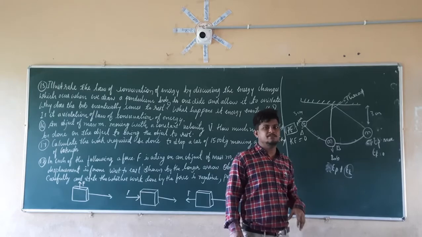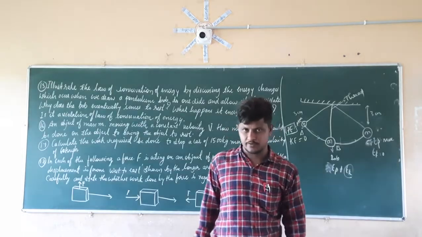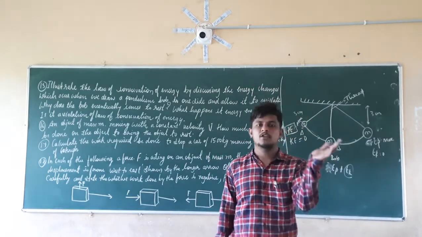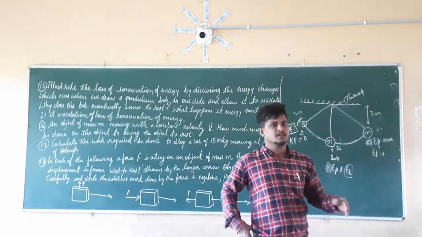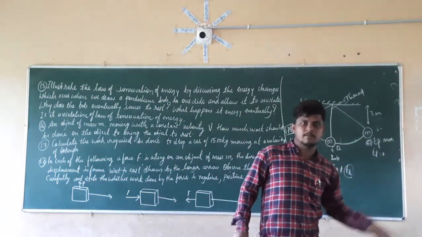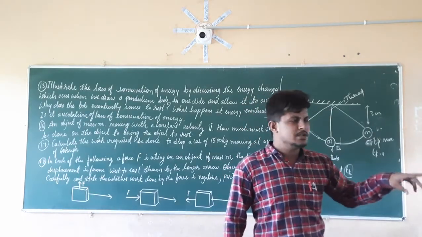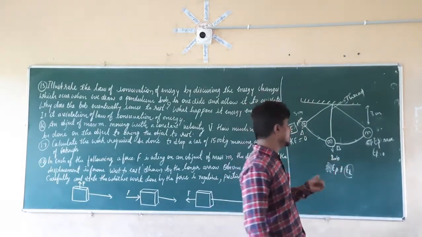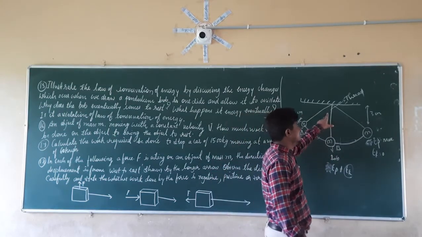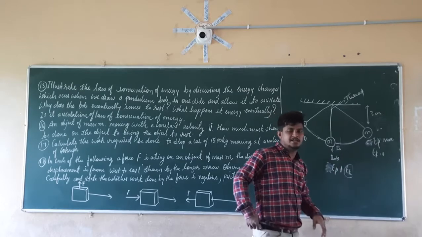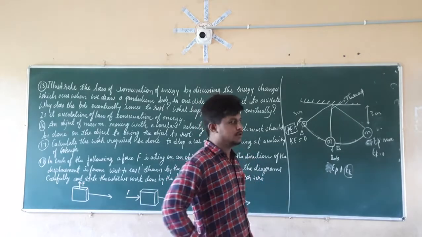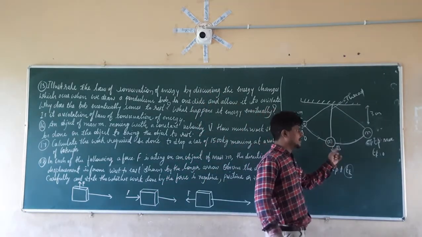There will be the presence of air resistance, that is nothing but the frictional force. If you remember, air resistance is going to oppose the movement of any object in the direction. So if the pendulum bob is moving in this direction, there will be the presence of air molecules, right? Those air molecules are going to oppose the movement of this pendulum bob. As well, the rigid support, where we have suspended it by the thread, is also going to oppose some movement. So the first thing which is going to oppose is the air resistance.